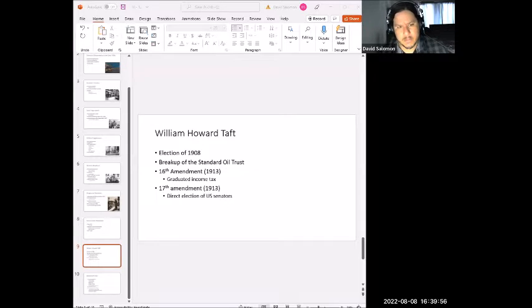Then you have the 17th Amendment also being put into the Constitution during Taft's administration, and this is calling for the direct election of U.S. senators. Okay, direct democracy. Every state gets 2 senators, and before, the senators were appointed, not elected, but appointed by the state legislature. But now the voters can choose who is going to go into office and serve those 6-year